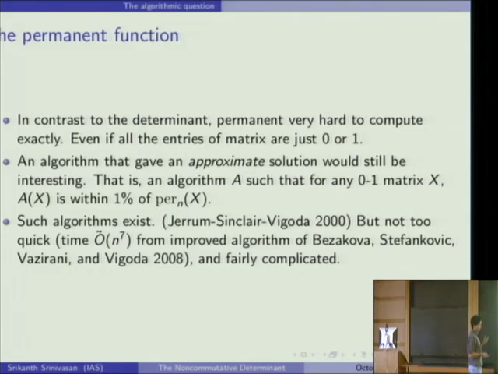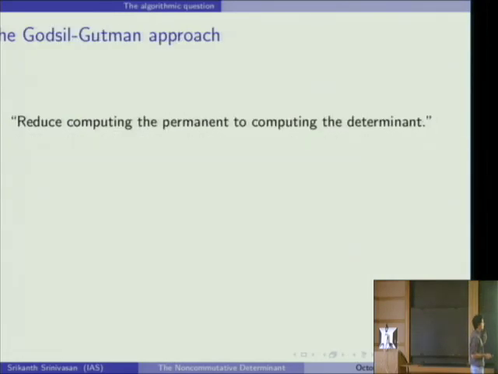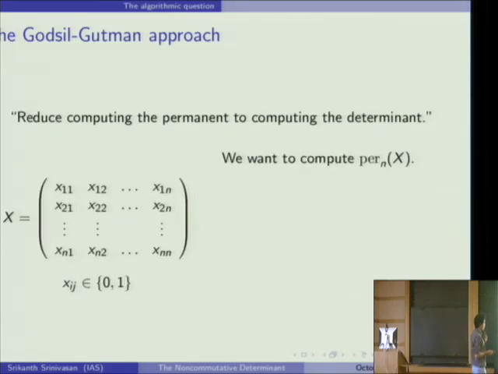So what I'm going to tell you about is another kind of approach to approximate the permanent that originated sometime in the early 80s. And the idea behind this approach is to reduce computing the permanent to computing the determinant. So recall that we want to compute the permanent of this matrix X. I haven't really defined the permanent, which is probably a bad idea. Let me just write it down here